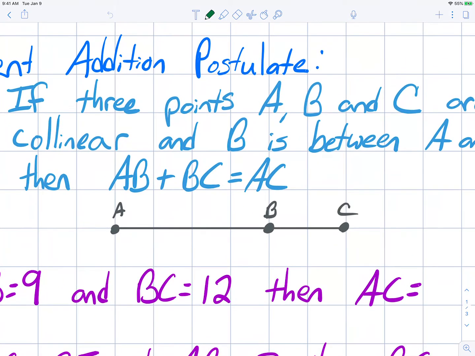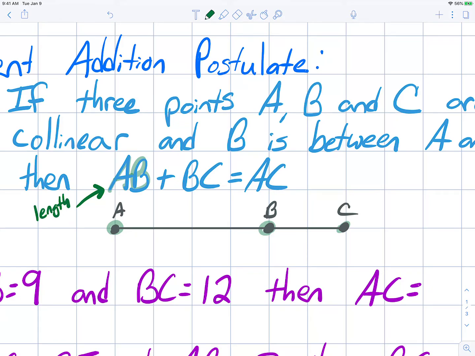So there's a couple things about that. First of all, this is the picture of what that would look like. So we have points A, B, and C, they're on a line, and B is between. Now notation, when you write AB, that is referring to the length between points A and B. So you notice there's uppercase, it says the first and last point, there's no other notation, this is referring to